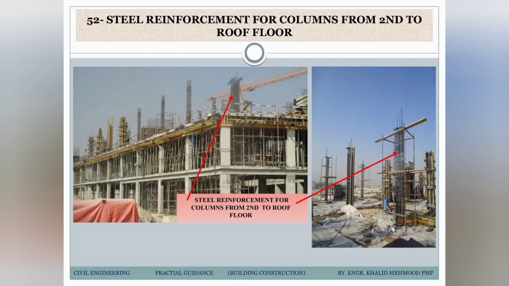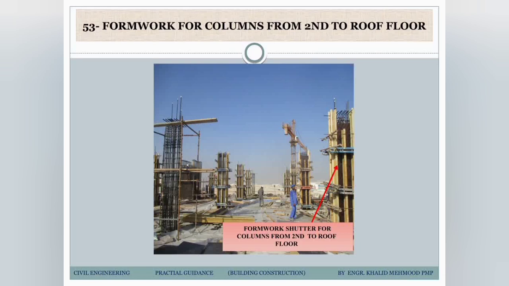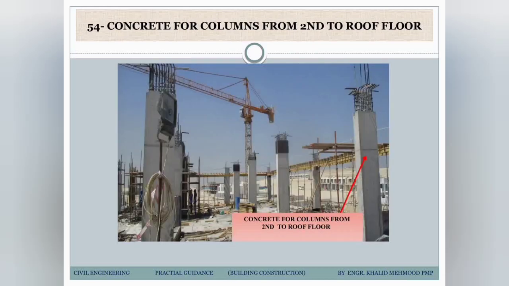Now you can see here the structure is completed up to the second floor, and we are fixing the steel columns from the second floor until the roof. And you can see the steel reinforcement is bent from the top. Why is it bent? Because the columns are terminated on the roof. It's not going above the roof, so the columns are terminated. You can see the bent bars. The steel from the top is bent because it is the last level. So the columns are casted from the second floor to the roof. Now we have done all the concrete columns for the second floor until the roof.